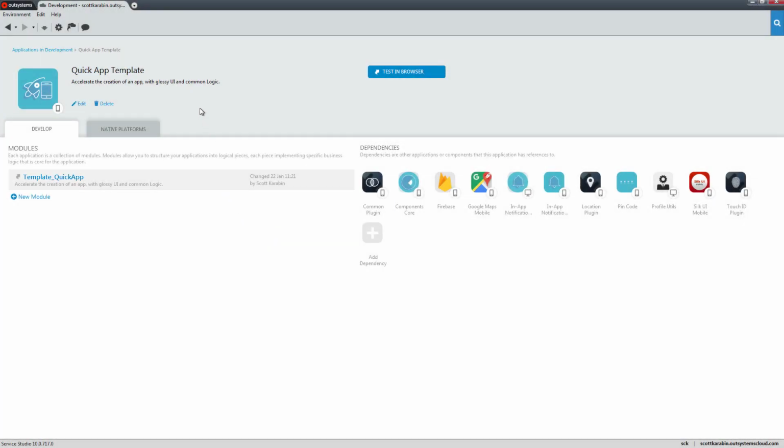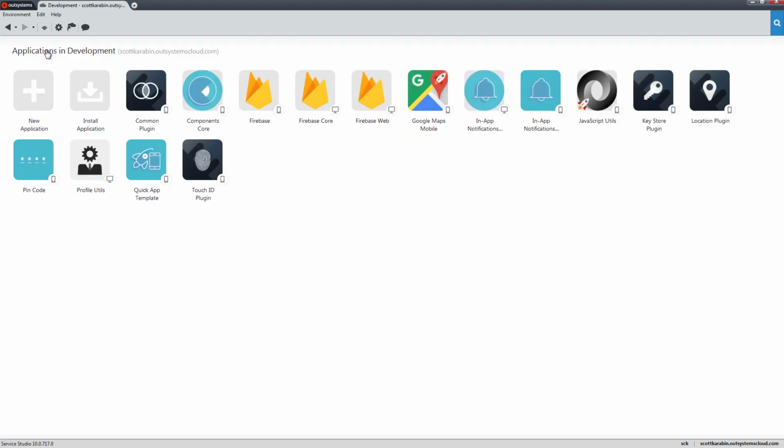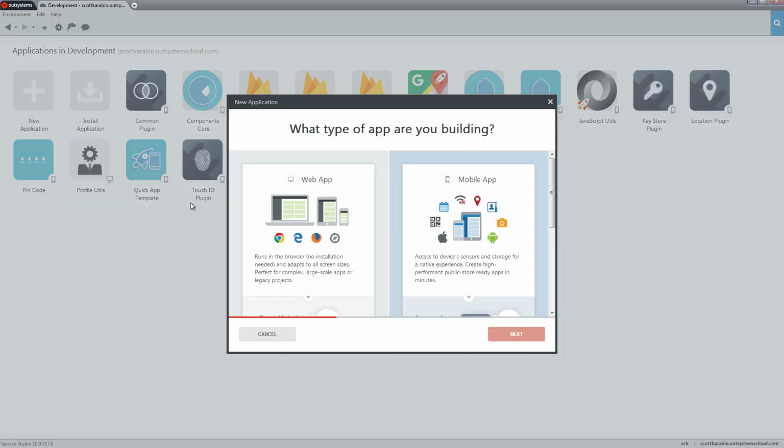During the previous session, we opened the Quick App template and previewed it in the browser. Here we can see it has a module named template_quickapp. This is what registers this as a template and allows it to be used for other applications. Let's go back to Applications in Development, where we can see the Quick App template and all the dependencies that were downloaded. We'd like to create a new app, so let's click New Application, and we can see it opens